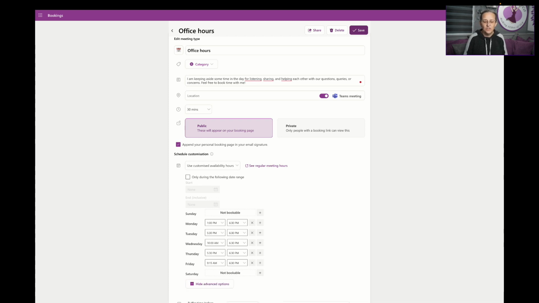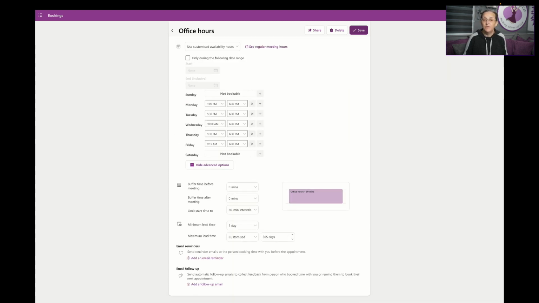You also have the option of advanced options, so buffer time, if you want to have 15 minutes after each meeting so that you can decompress the information that you've just had, or buffer time before a meeting so that you can prepare for it, and then you can limit that start time